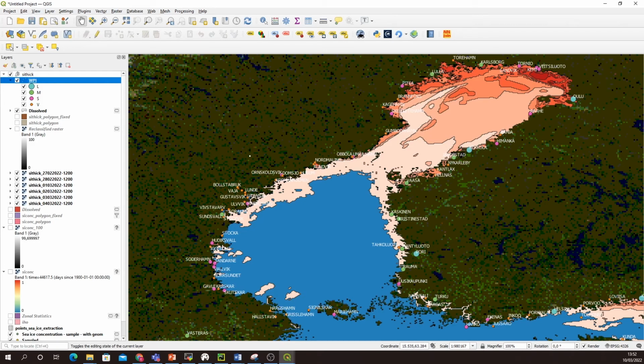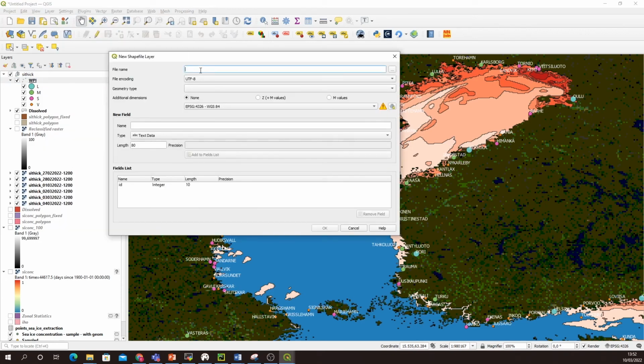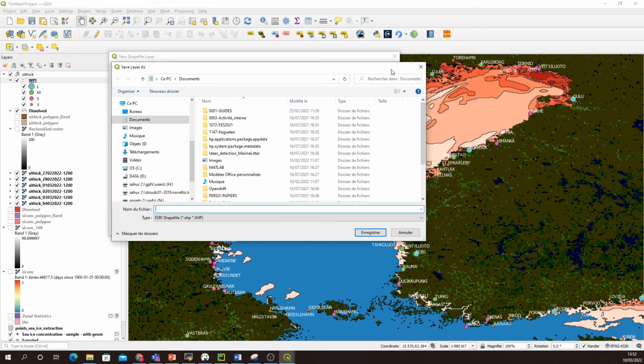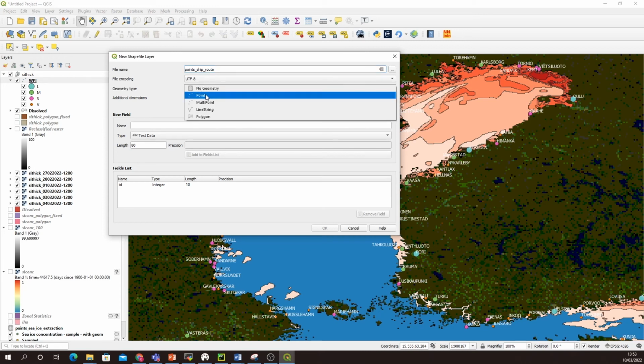To do so, we need to create a new shapefile layer to gather the points of our ship route. So here we are going to click on Layer, Create Layer, and Create Shapefile Layer. This file name will be, for example, points of the ship routes, and the geometry type is going to be point. Okay. Now you can click on OK,